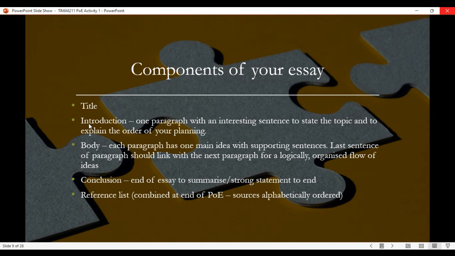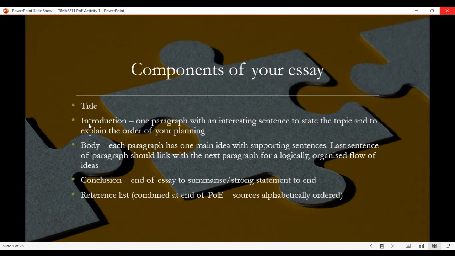Then in the body of your essay, you would have different headings, which I will explain to you now. Each heading or each paragraph has one main idea with supporting sentences. The last sentence of a paragraph should link with the next paragraph for a logically organized flow of ideas.